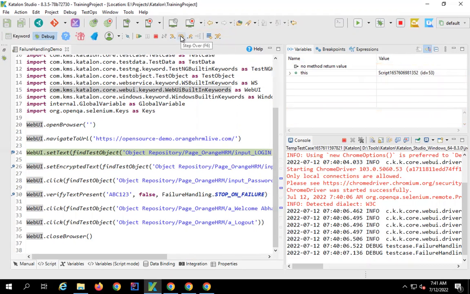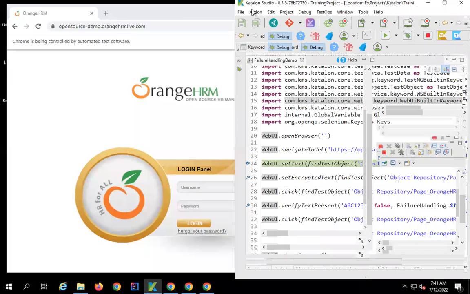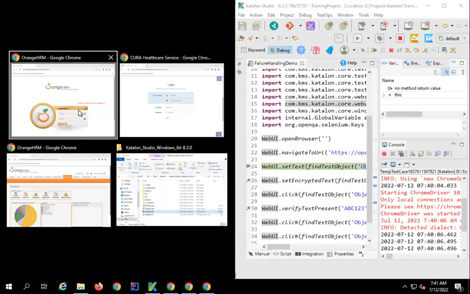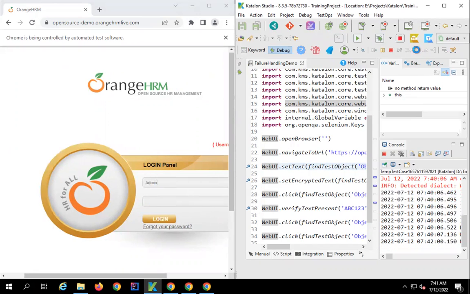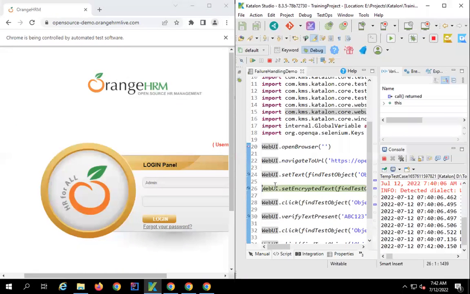So I can do step-by-step execution now. So you can see this button which says step over. You can click this, or if you want, you can also press F6 on the keyboard. Let me split my screen so that you can see the application here. And this is the Katalon Studio. I will click on this step over, and it will go to the next step, and again pause. So you can see it has gone to the next step, which has entered the username, and it has paused again. I will again click on this step over,